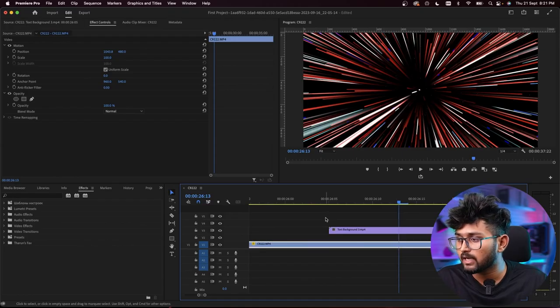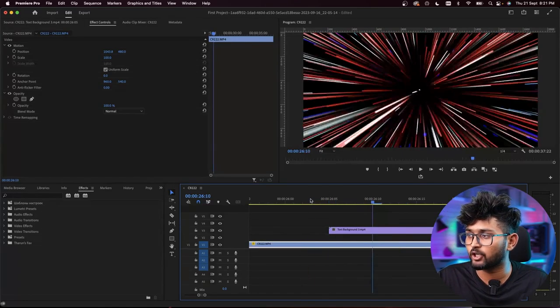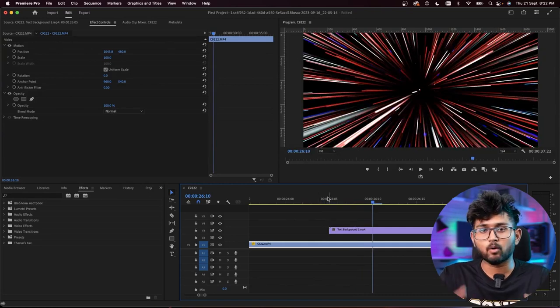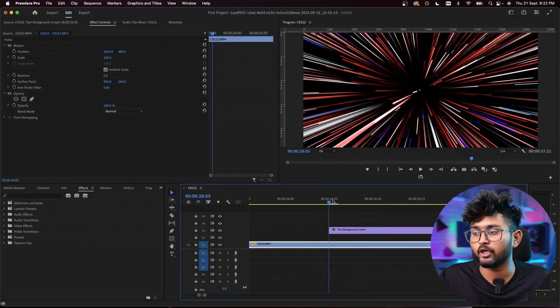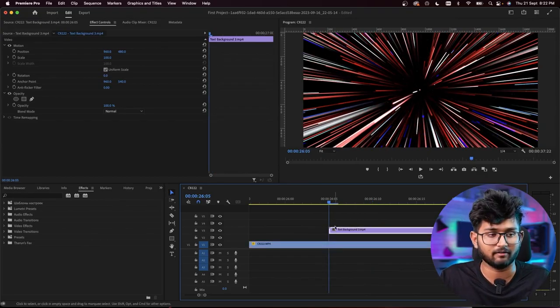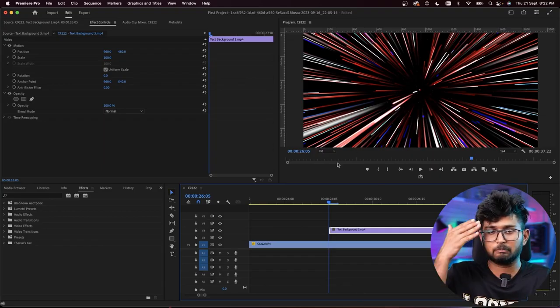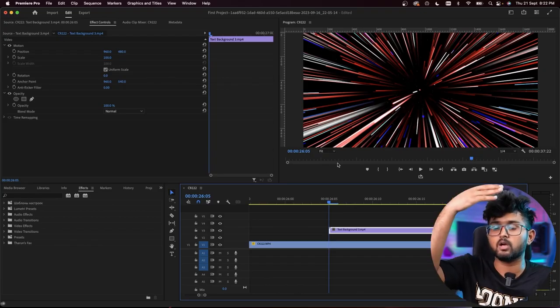What I'll do is I'll go to the beginning point of this text animation. If you see, it's just coming onto the screen, right? I don't want this to happen. I want the text background to come inside the screen. So I'll go to the beginning point of this text background. This is the first point. I don't want this text background to be on the screen initially. I want it outside the screen. I want it to come from the top.